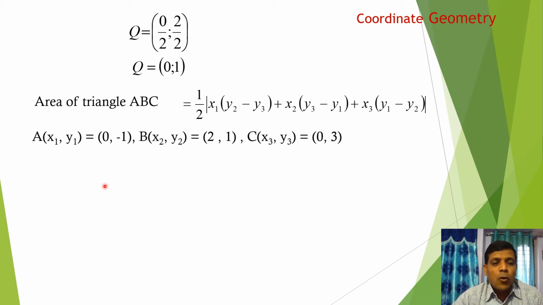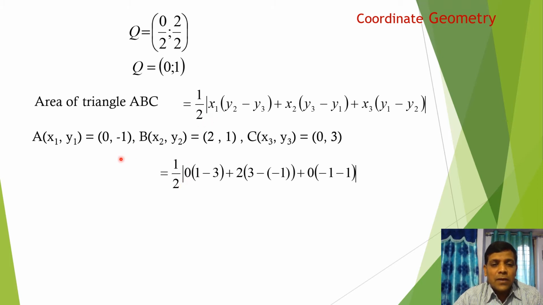So write down the coordinates of ABC. A (x1, y1) is (0, minus 1), so x1 equals 0, y1 equals minus 1. B (x2, y2) is (2, 1), so x2 equals 2 and y2 equals 1. And C (x3, y3) is (0, 3), so x3 equals 0, y3 equals 3. So replace the coordinates in the given area of triangle formula: half into